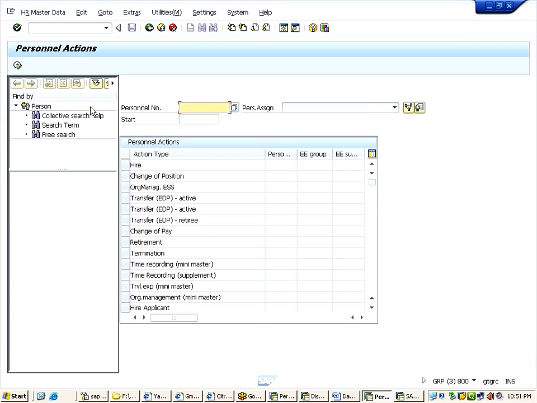Now, next one. While hiring, the user must be in a position to create the data in info types.